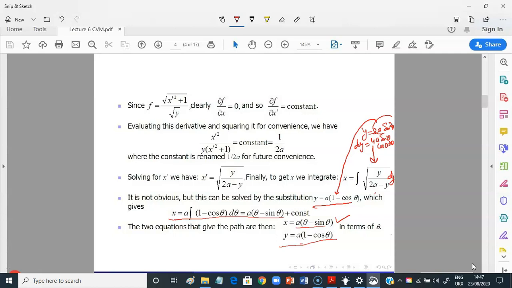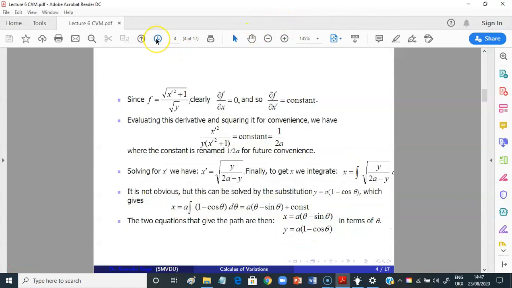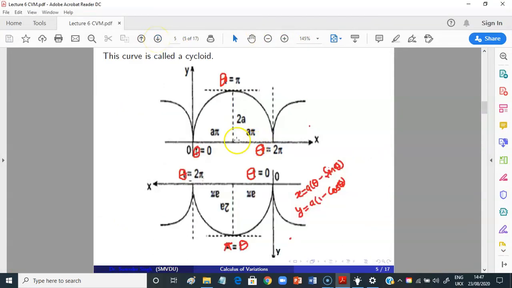Now the question arises, what does this equation represent? In lecture 5, I have discussed certain standard curves, the geometry of some standard curves, and this was there. So you see the situation, the plot of this curve is this one. Here, this is the plot of that curve. But here you see we are taking y downward and x is here. So I have just reversed this curve in this manner. So theta is 0 here, theta 2 pi. This is a curve like this, and this curve is a cycloid.